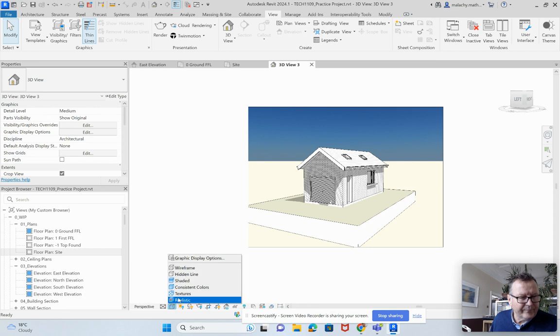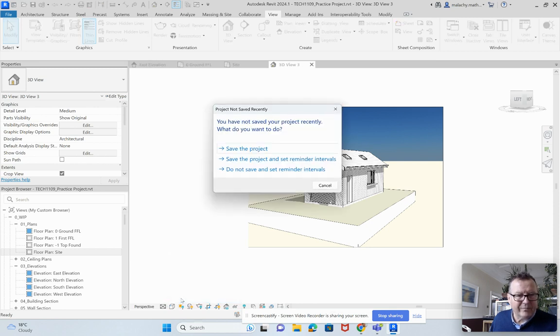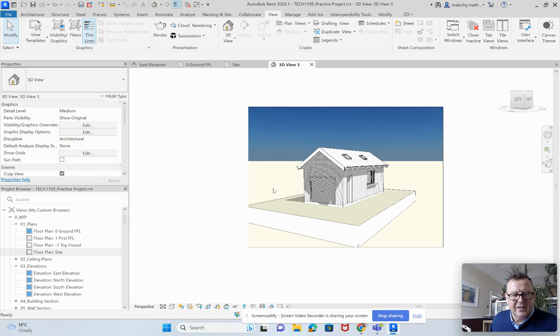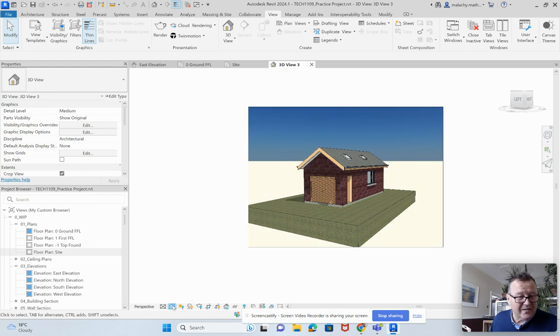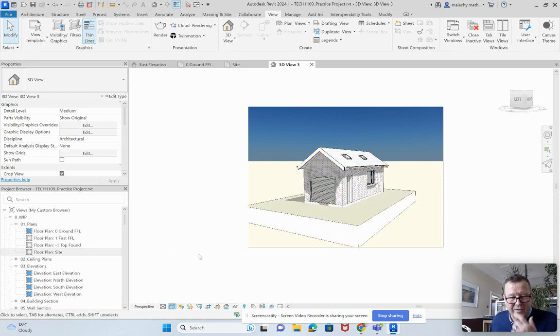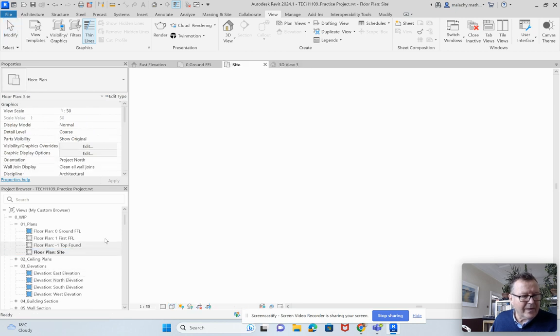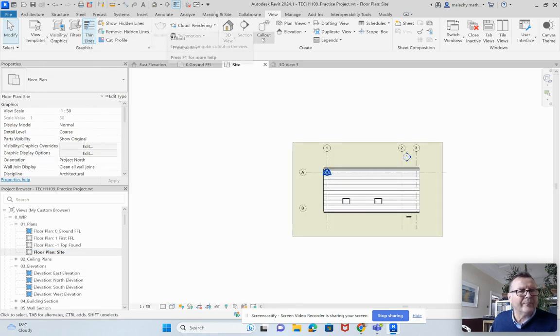If you come down to your graphic display options, you can go into realistic here, which kind of does an initial render. And we'll be talking to you about that. You can look at that. It doesn't look great, to be honest with you. You can do textures. You can do shaded, which is that one. But look, these are just thumbnails to see how the actual building looks. Okay, I'm going to do one more. That's currently saved. So I'm going to go back to my site plan, and I'm going to do one more